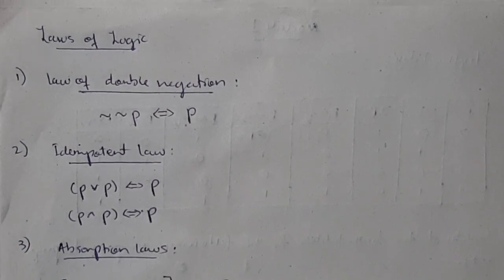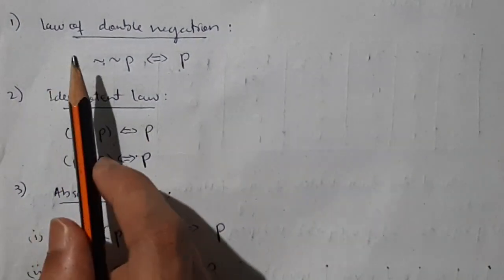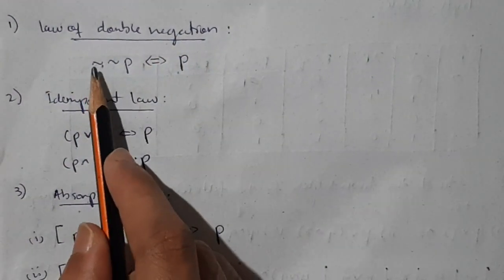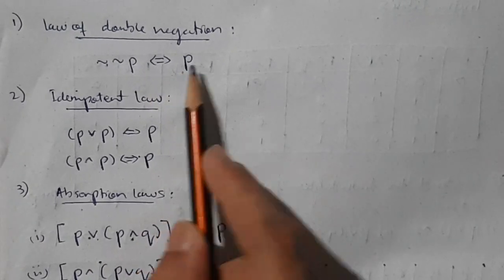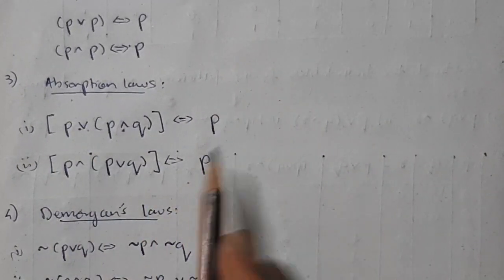Sometimes we are asked to find the truth values without using the truth table. In that case we will be going with the laws of logic. Here are some important laws of logic, and these are not the complete list, but these are the most repeated ones. See, the first one is law of double negation. Not of not P is logically equivalent to P. Okay, idempotent law, if you use an OR and AND gate you will get the answer P here. And absorption law, if you have the equation in this form the answer is P.